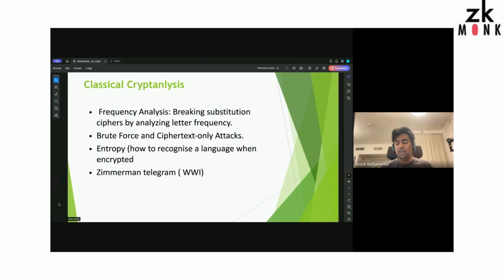Then I'll do this. So, the Zimmerman telegram is one of the key events in the start of World War I, especially the U.S. entering the First World War, right? What happened is there was one telegram that was sent by the Germans to Mexico, and apparently the British decrypted it and made some changes or published it. We don't know exactly what happened, but in summary, that was key in the whole history, right?